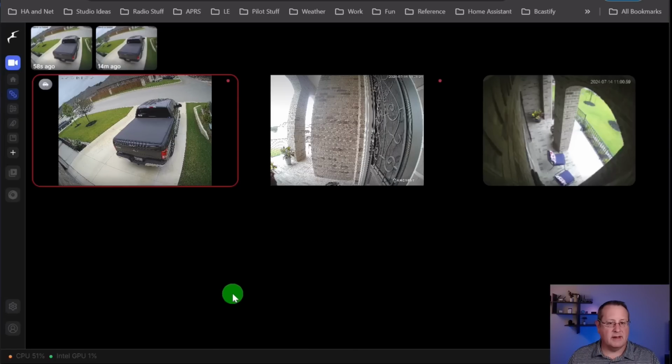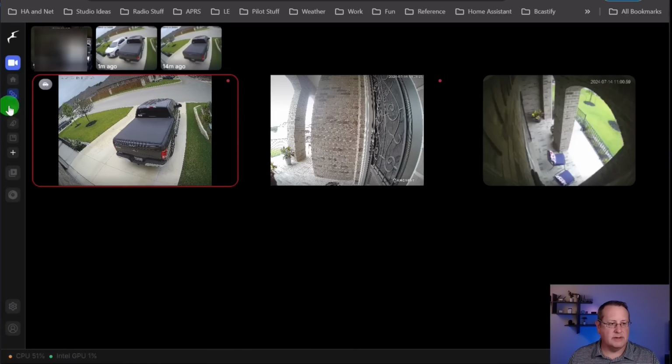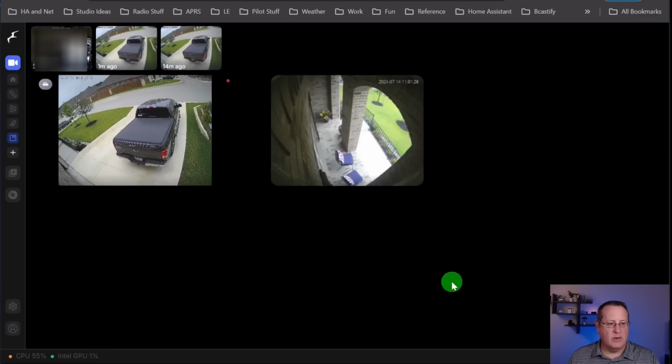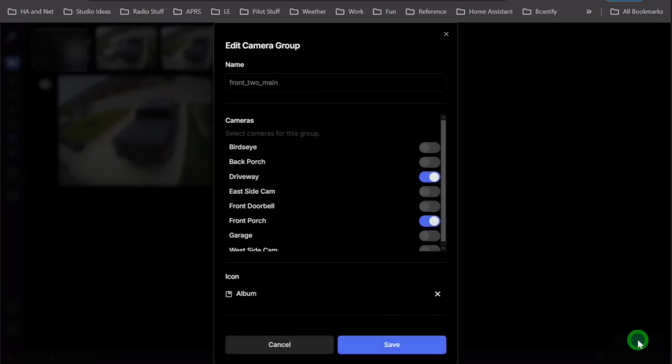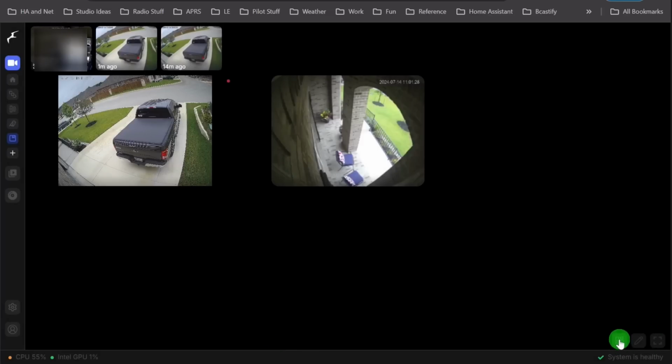Now within these camera groups, you also have the ability to resize things. So let me come over to this one. If I want to resize this particular or edit the layout, I come over here to this little section down here, and I have a choice of editing the layout or editing the camera group. So editing the camera group lets you add or remove cameras from the group. And then editing the layout